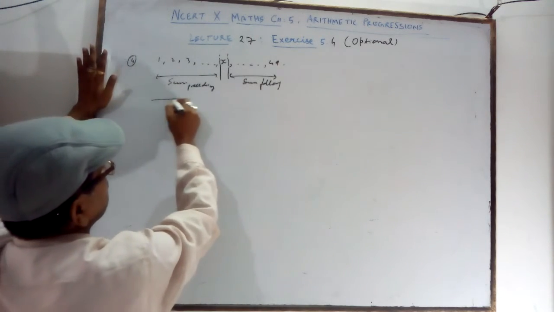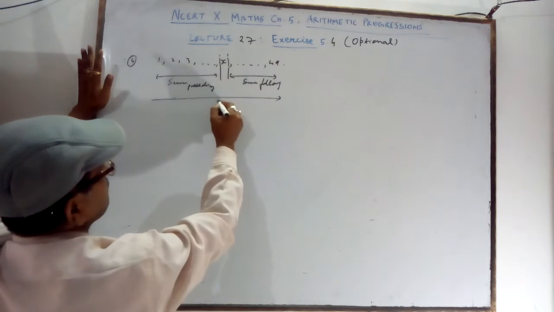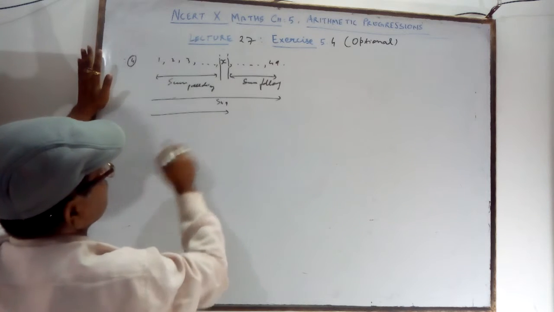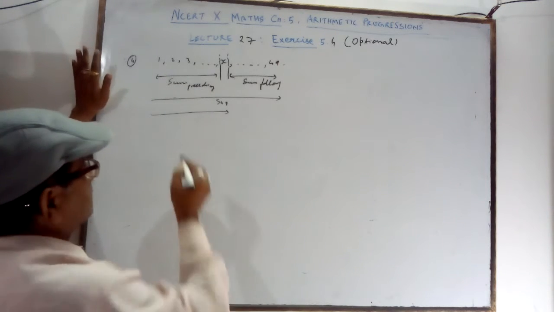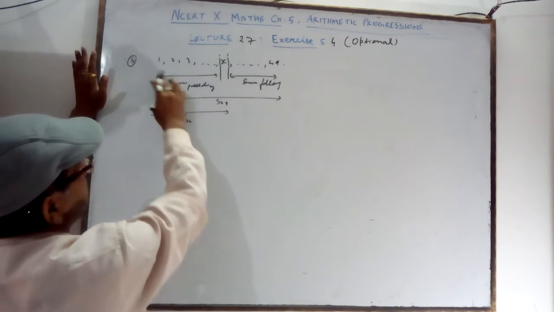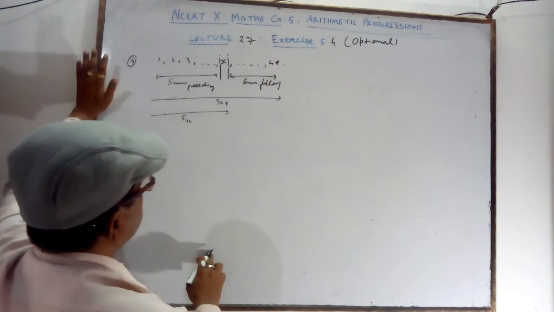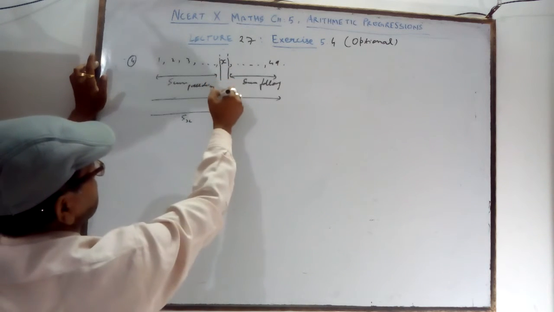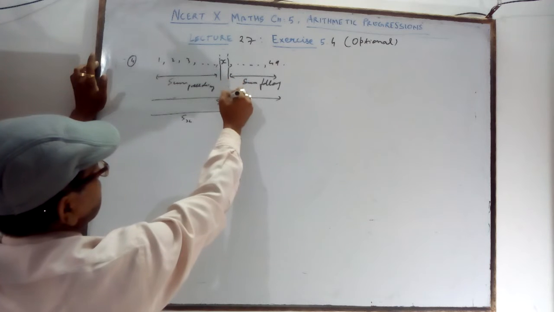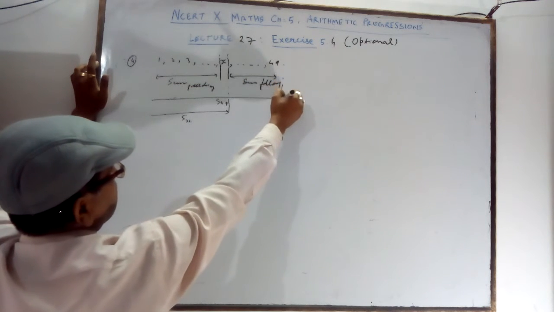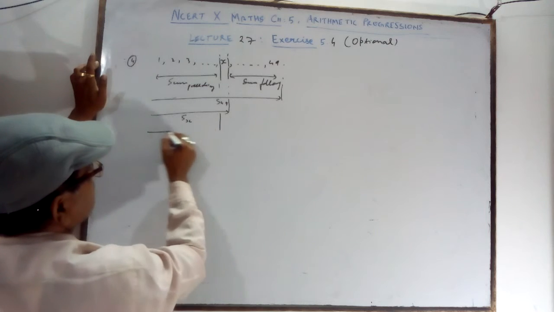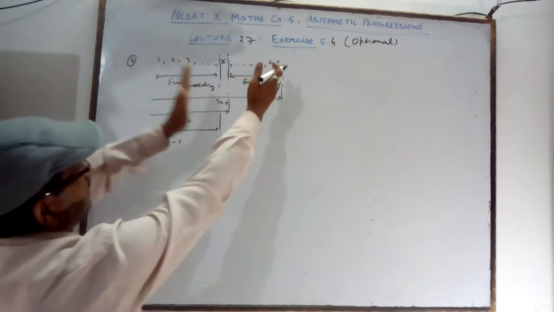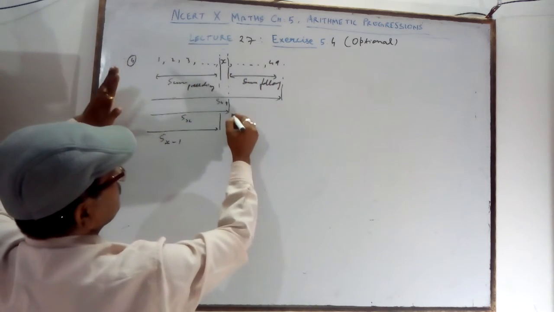If you get the total sum up to 49, which is called S49, then what is Sx? It is the sum of numbers from the start to x. Then before x, up to x minus 1, this sum is Sx minus 1. So when from the total you subtract Sx, you will get the following sum.